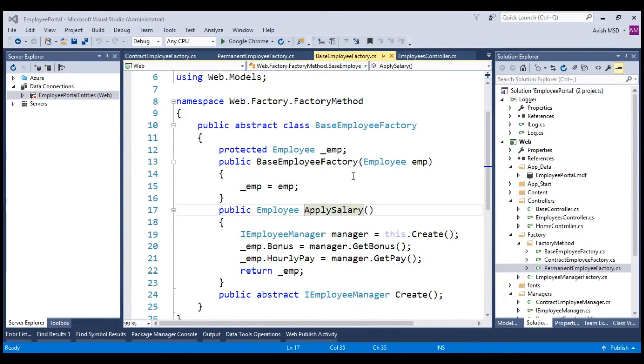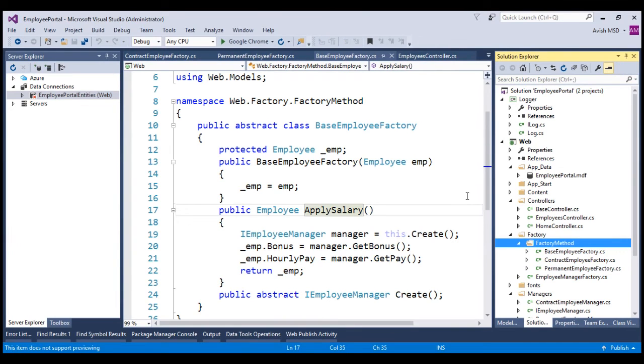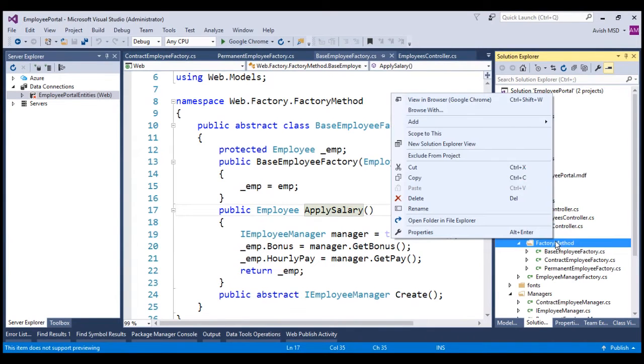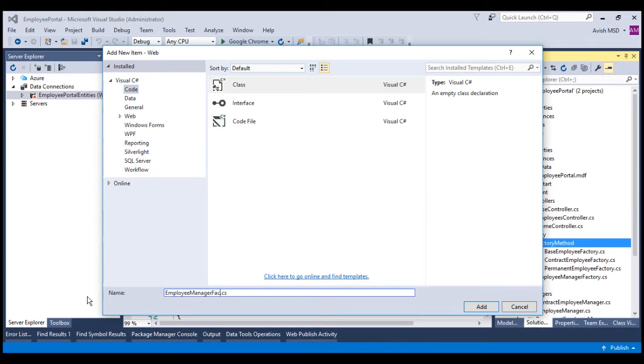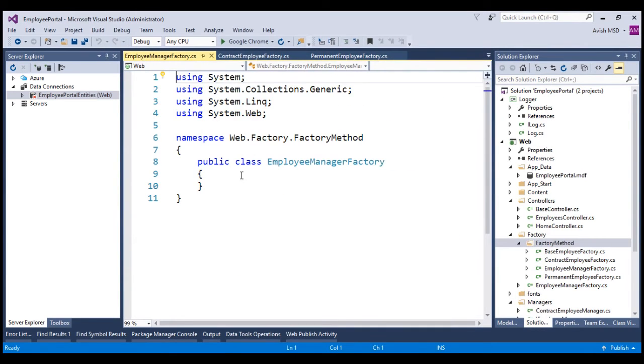Now that we have segregated the operations on employee into respective factory classes, let's now integrate the factory method implementation. Let's create a new employee factory manager class under this factory method and let's return the respective factory objects based on the employee type. Right click on the factory method, add new item. Let's choose a class and name this class as employee manager factory